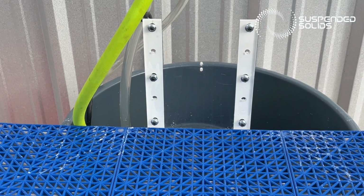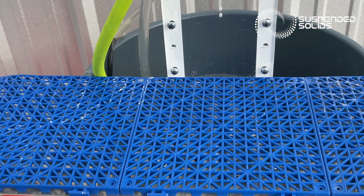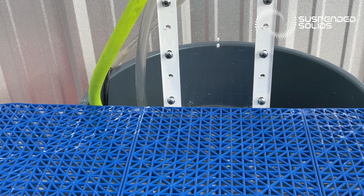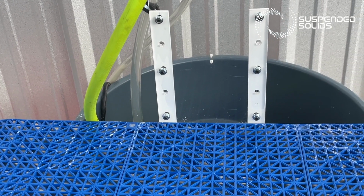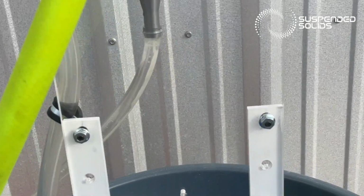One thing that I did do in full disclosure is I did stir up the bottom of the basin a little bit with a broom handle because there are areas in the bottom of my basin that do not get agitated very well. So I help it along by stirring it up a little bit to make sure that I've got as much of the glass suspended in there as possible. Now, what you're going to notice